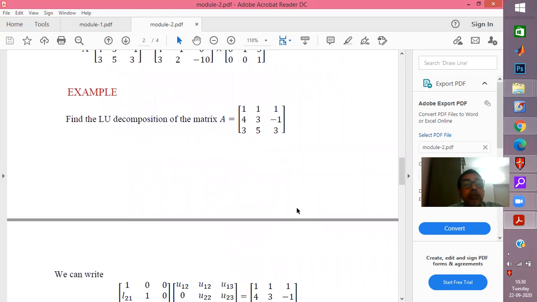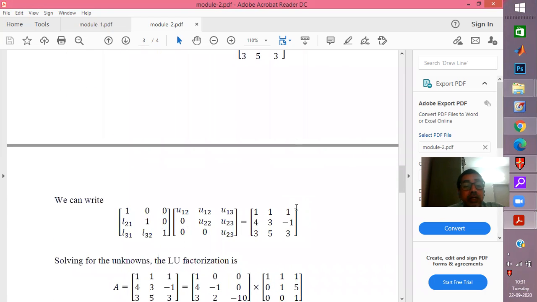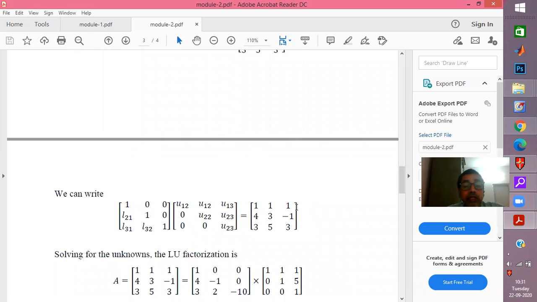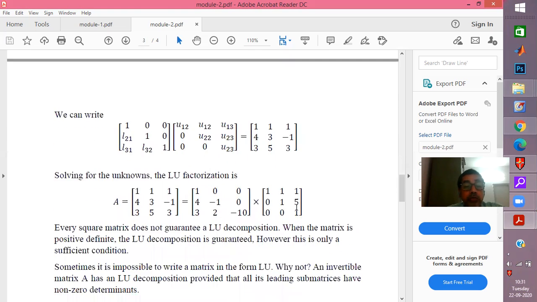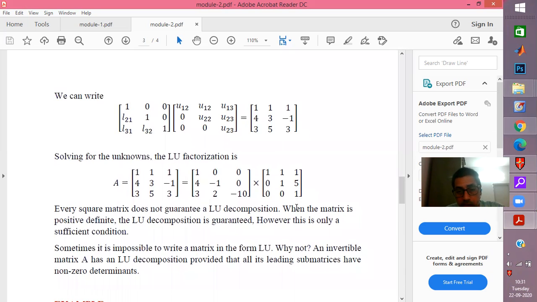So one more example is also presented here. Now, in this case, for students who would like to have ones on the diagonal of the lower triangular matrix, this is how they can proceed. The computational aspects will be the same, and then you build the 3 unknowns of L and the 6 unknowns of U, and then try to put them into the factorization. So the student can think of these two, but let us not forget that this is a method for machine learning. Therefore, you must learn some algorithms.